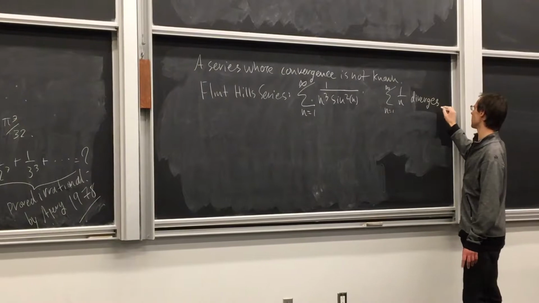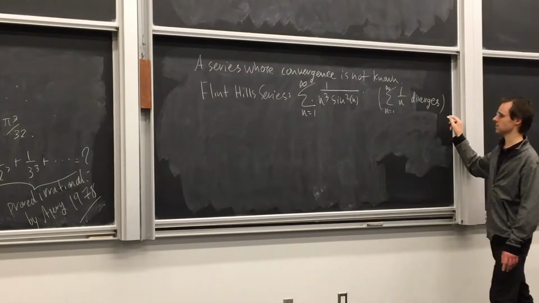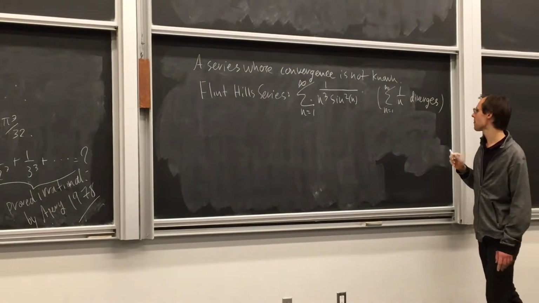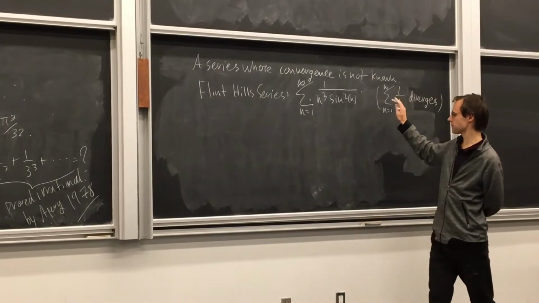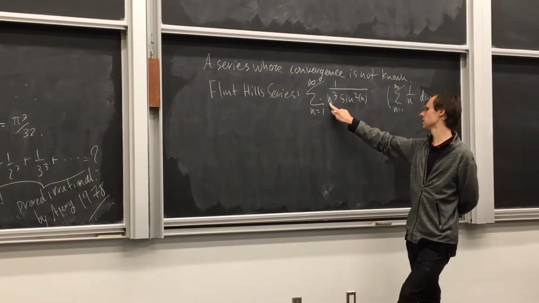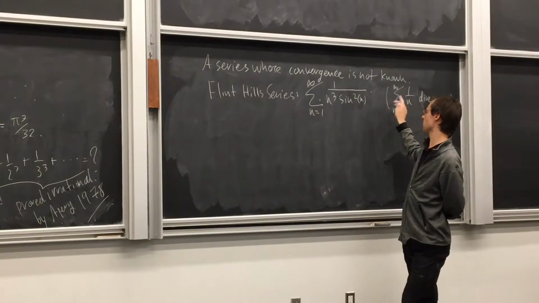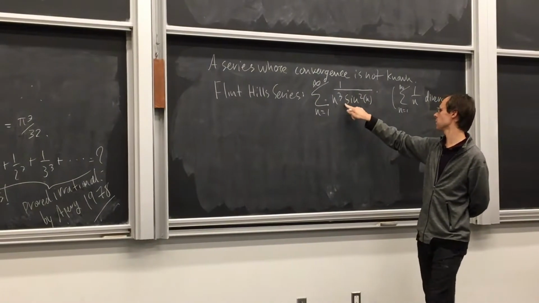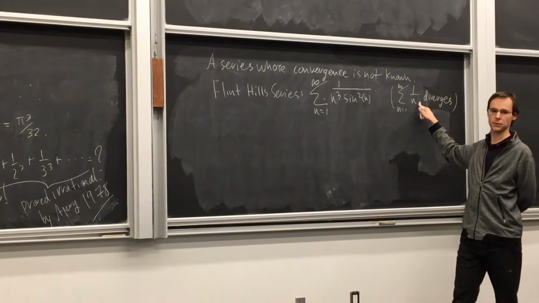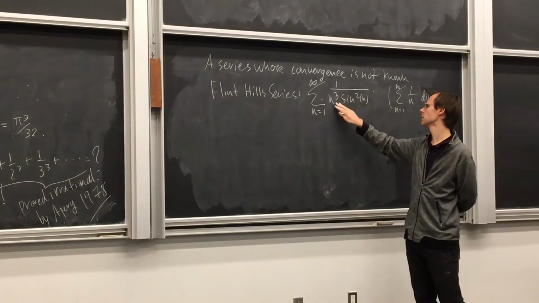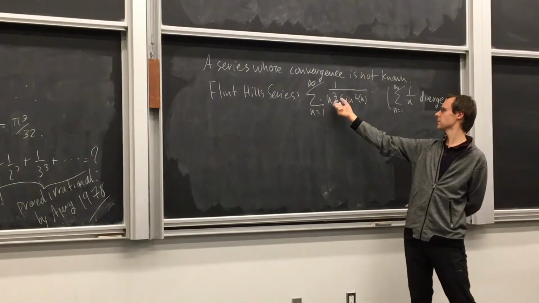Again, if you haven't seen this yet, then you're going to see it next semester in Cal class. Okay? So that series diverges. So as long as not too many terms of this series look like this, then we're okay. But if too many of these terms look like these harmonic terms, if the n cubed and the sine squared